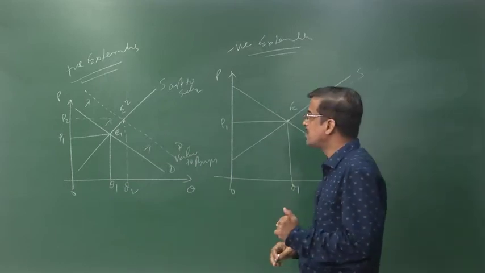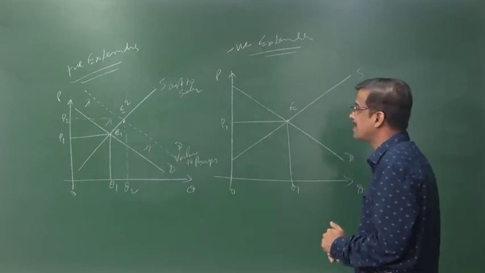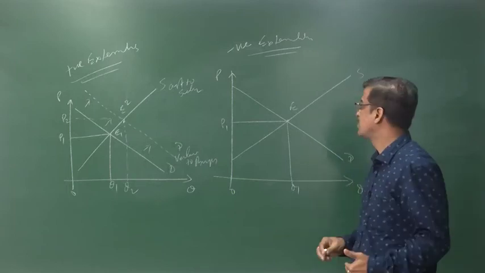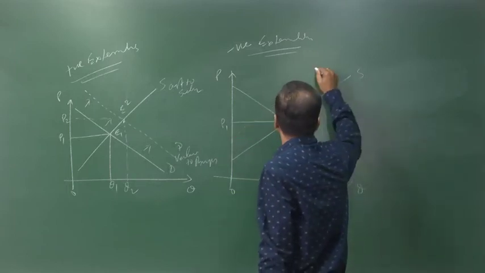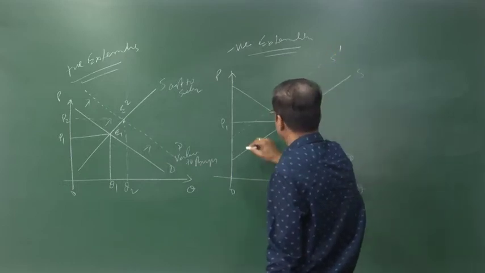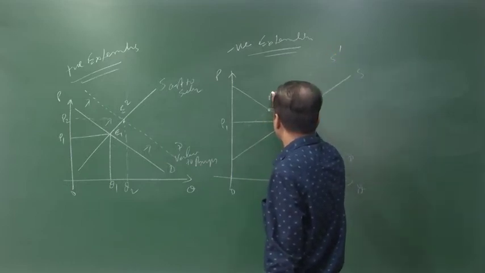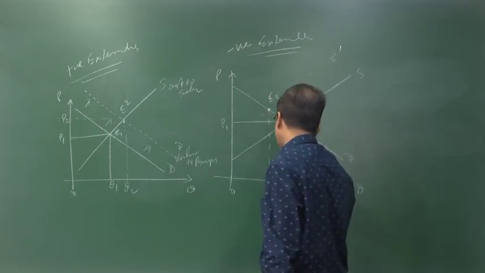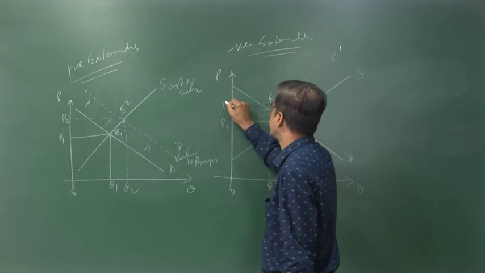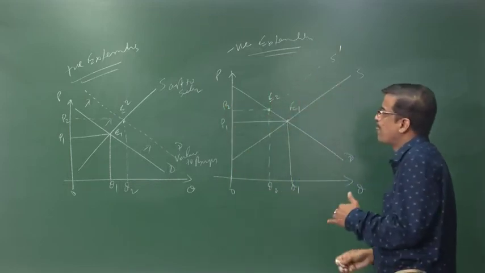But if you take the case of a negative externality, in that case supply must be shifted backward. Supply must be shifted backward in such a way, this is the supply curve and that is supply dash, and the meeting of the equilibrium at the point E2, and the quantity is Q2 and the price is P2. What do you find here?